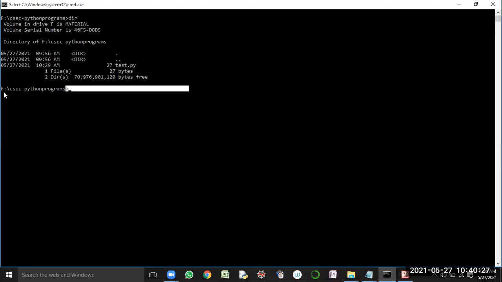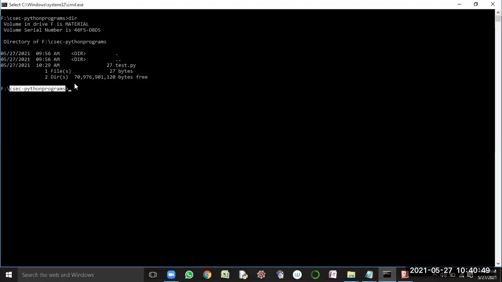F drive is available, but is it the required folder? Right now we are in CSCC Python programs. Where is the code available? I have stored the Python program inside Python programs, not in CSCC Python programs.